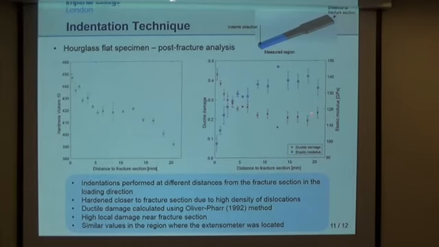And here we can observe damage, again, as a function of distance to the fracture section. We can observe that damage is much higher than with the other technique near the fracture section, about 0.43. But the interesting thing is that if we consider the position where the extensometer was placed in the other technique, which is more or less here at about 6 millimeters, and we read the damage, we can observe that the damage is about 0.22, which is more or less the value I obtained with the other technique. So these two techniques are in quite good agreement and could be used in a combined manner.